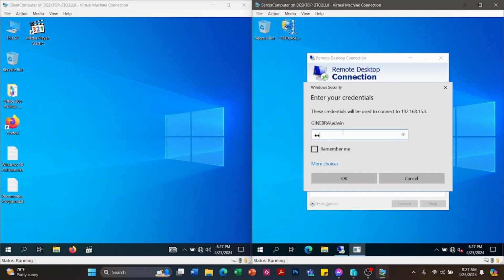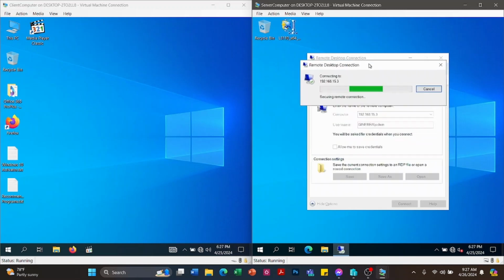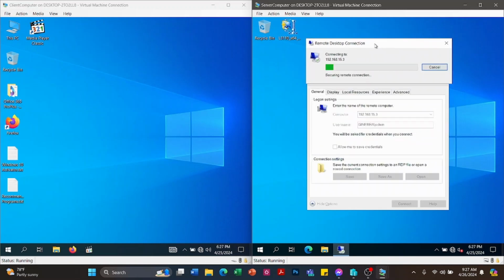Okay, so let's enter the password of the Edwin user, then click OK. Verify if the remote desktop of the two computers is enabled so that you can successfully enter the remote desktop of the client computer.